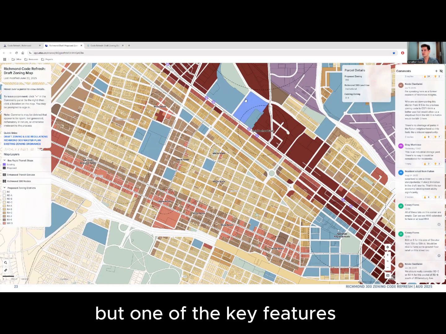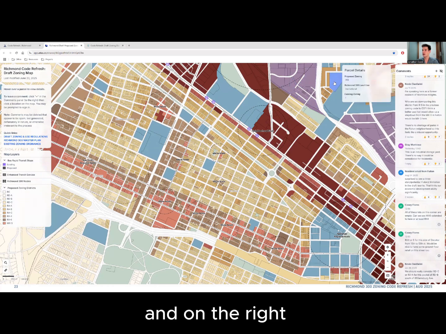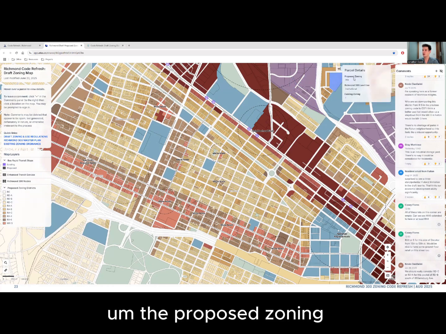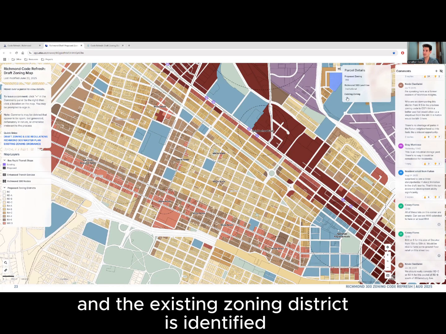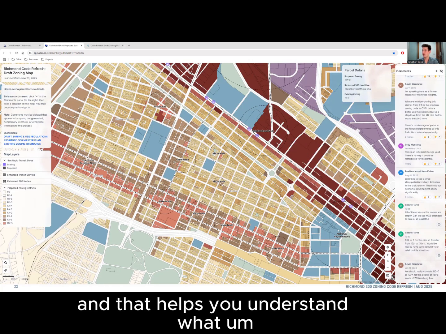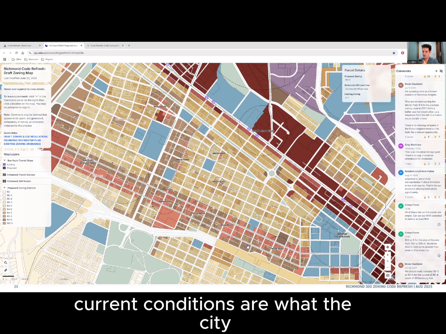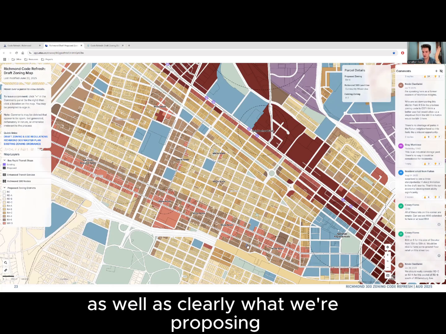But one of the key features to this map is the ability to just hover over a parcel, and on the right, you'll see these parcel details show up where the proposed zoning, the Richmond 300 land use category, and the existing zoning district is identified wherever your mouse lands. And that helps you understand what current conditions are, what the city would like to see with the future land use, as well as clearly what